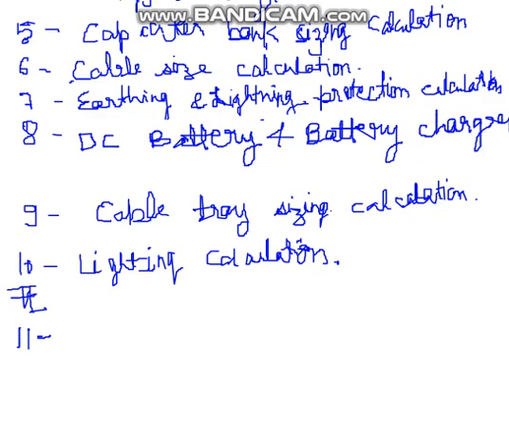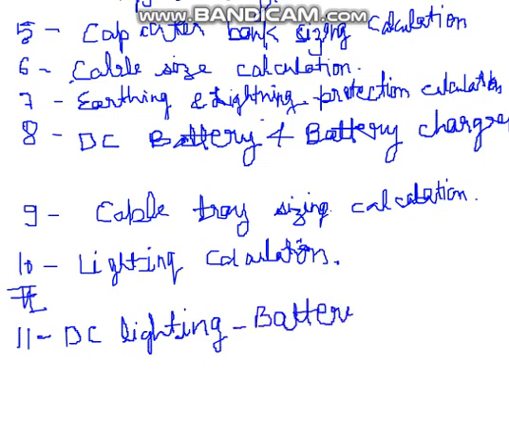So our next document will be DC lighting. You know friends, DC lighting means for emergency purposes we provide DC lighting. For that DC lighting we need to prepare the source. We can use a battery for DC lighting, DC meaning emergency lighting, or we can use a DC generator also. It depends on what the customer is asking. Accordingly we provide it, but we have to calculate this DC lighting.